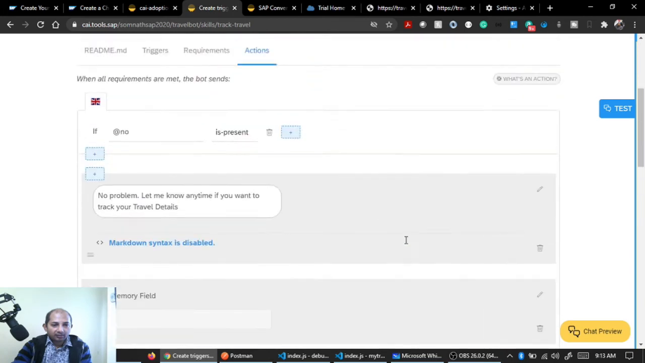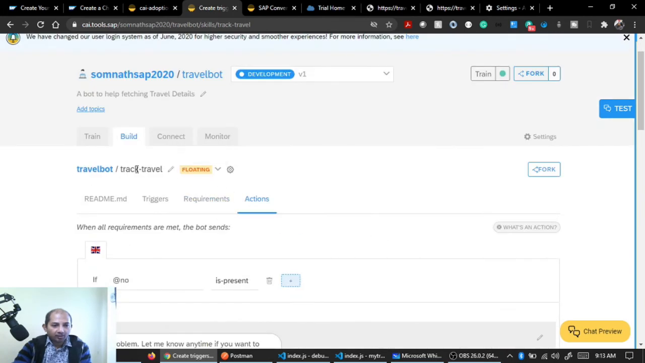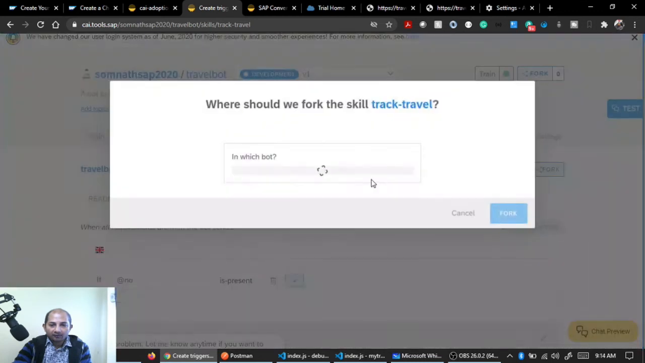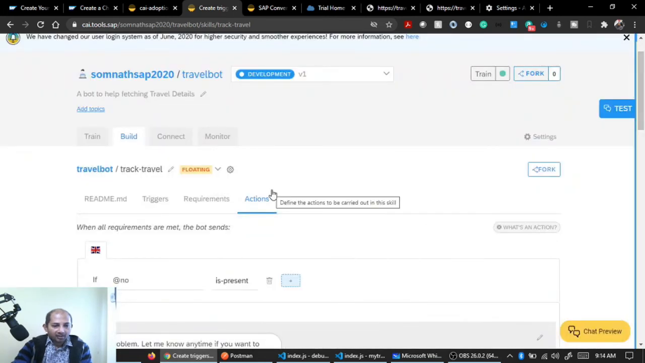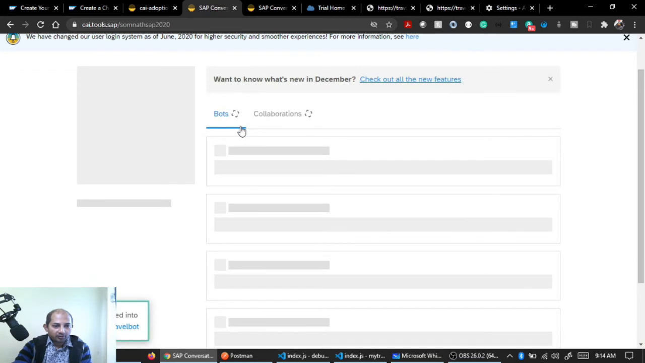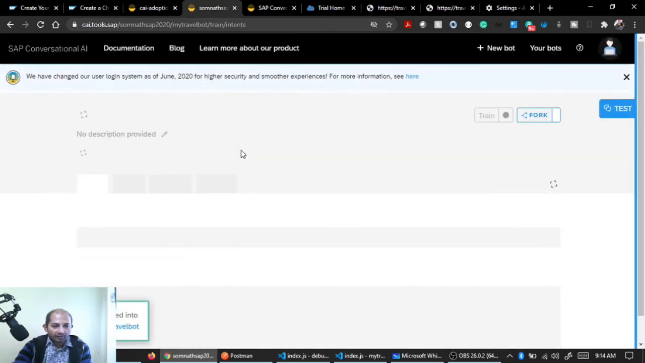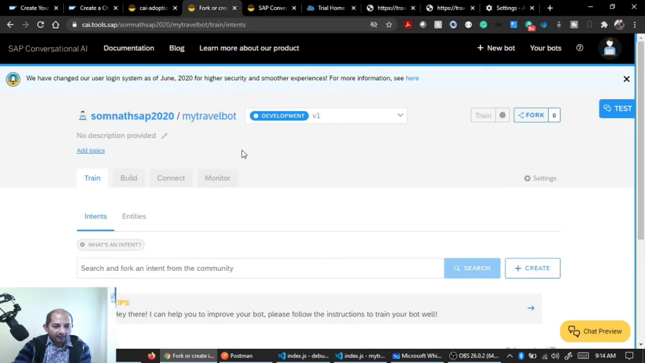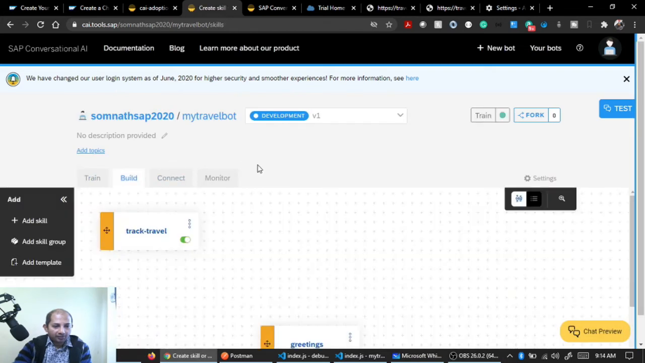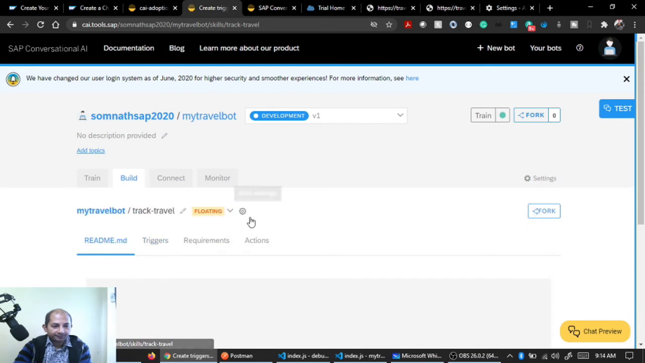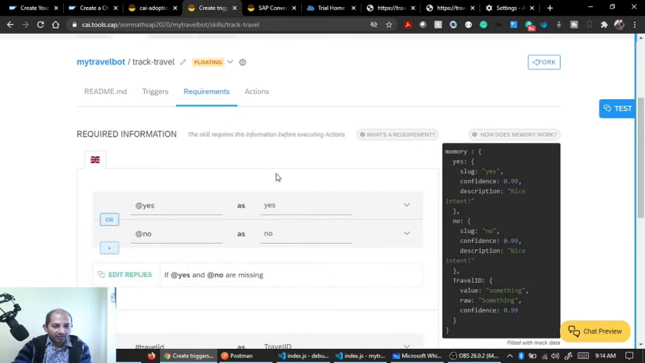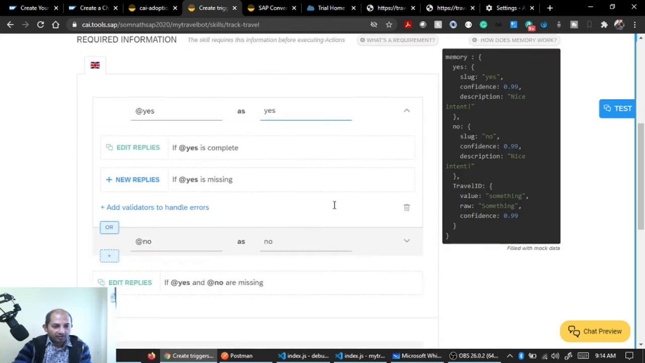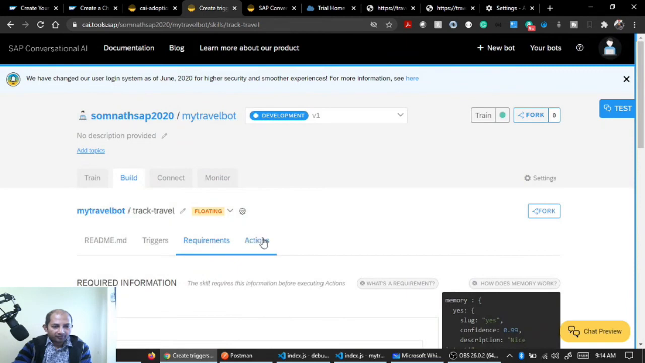So let's quickly fork this overall skill now. So this is my track and travel skill. Click on fork, and it will ask which bot. I tell my travel bot. Click on fork. That's it. So now head over to my travel bot, and I believe this build section should have this track travel automatically added, and all things are created perfect, and I don't need to do much on my own. Pretty simple,